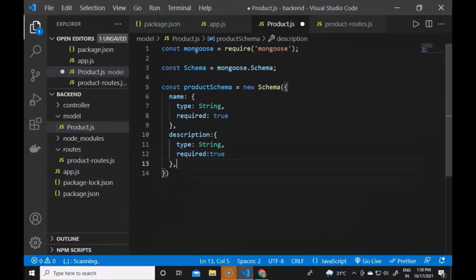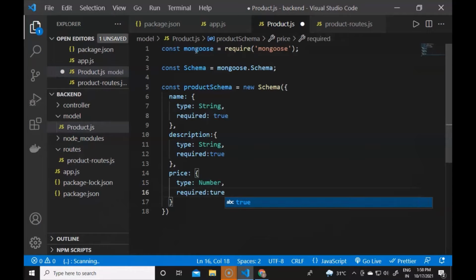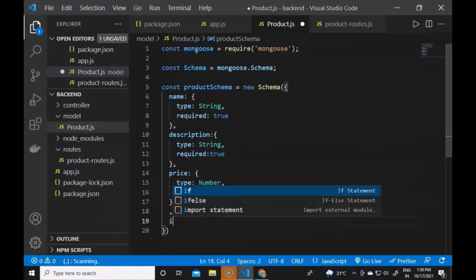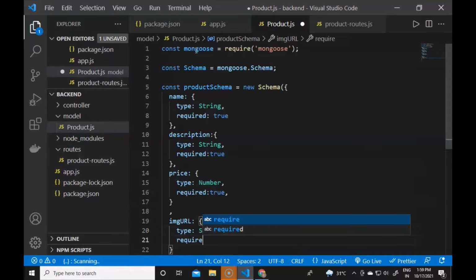And now we have to create new properties like name, description, and the price will be there, like it will be type of Number, and it will contain the required field also. So I will set the required, and then after the price, the new property will be the image URL. So for the image URL, it will have the type of String, because the URL type is always a string, so it will be String, and then the required here also true.